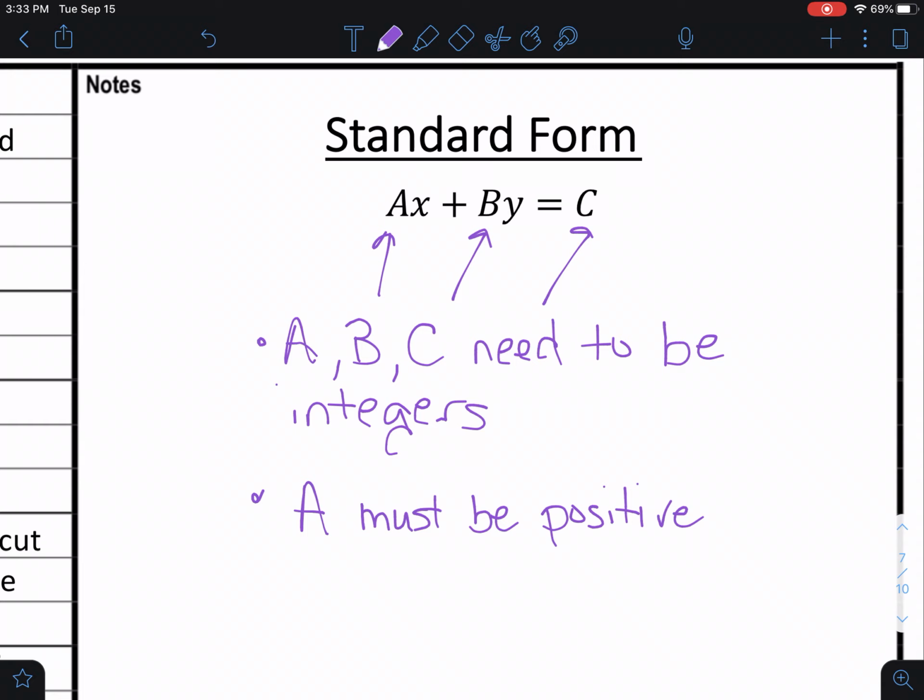All right, so that creates a few things when we're thinking about standard form that maybe you hadn't noticed before. So integers, again, just positive or negative numbers with no fractions or decimals. And in this case, a has to be positive. Okay. And then over here on the side, I wrote,